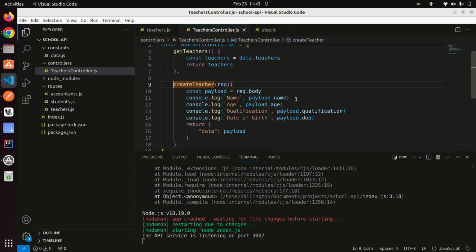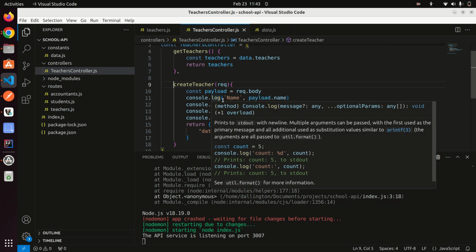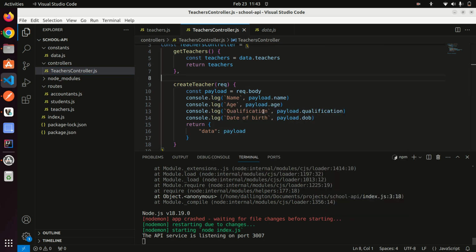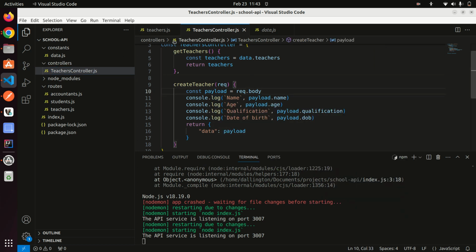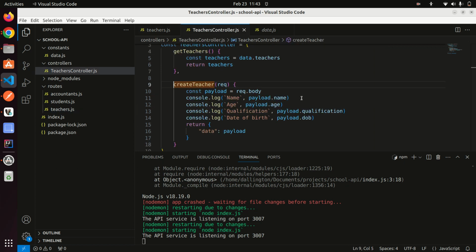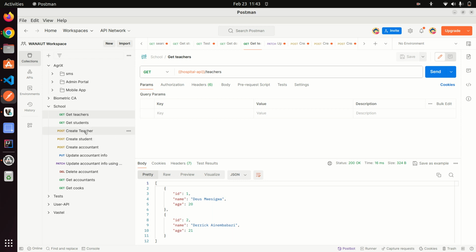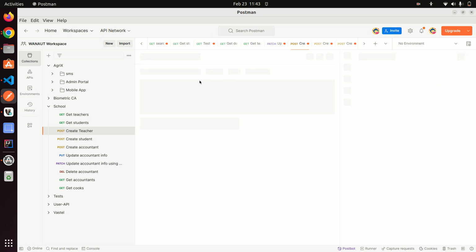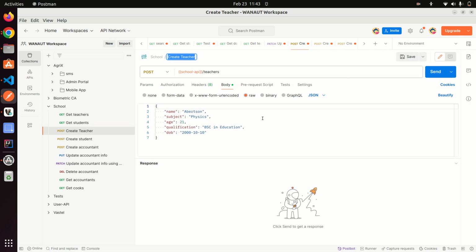And when you click that method, it will take you to where exactly the method is written in your controller. So we've also written our method for creating teacher, and we've created that method in our controller called the teachers controller, as you can see here. So if we come to create teacher and we write,